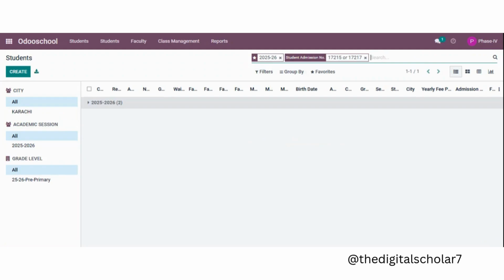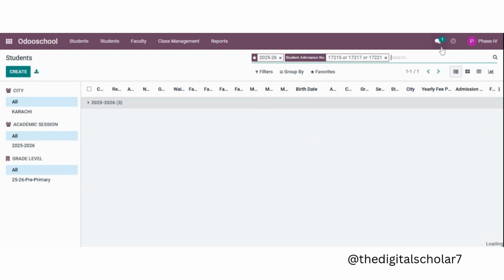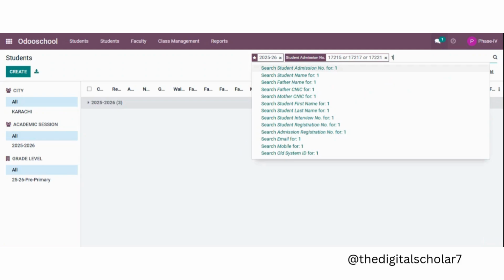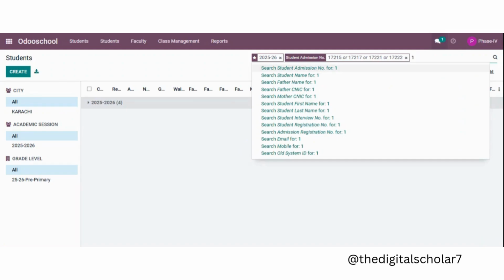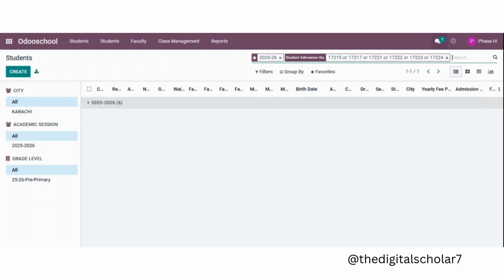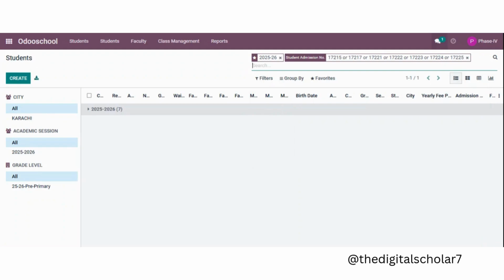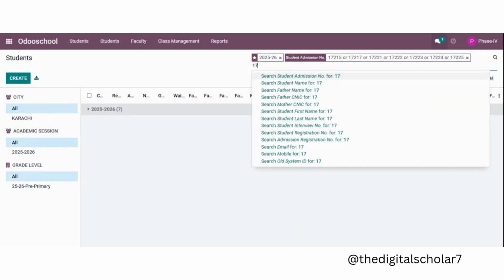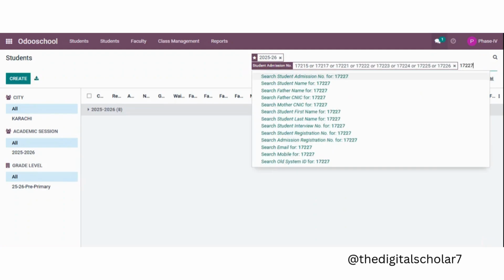So in this manner, you can keep on writing all the GR numbers of one class, or you can write 10 at one time, or you can write all the 20 or 25 GR numbers at once on the search bar and press enter. Every time you press enter, the number underneath it on the screen will change. That shows the number is there. If there is no counter change, then that means that the last GR number is not there.